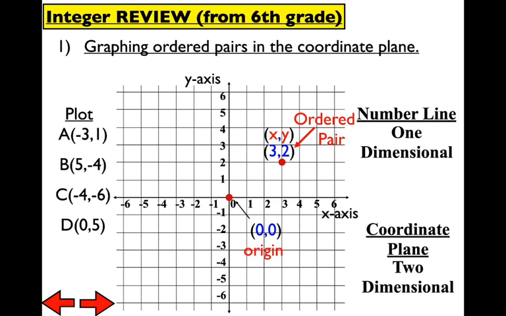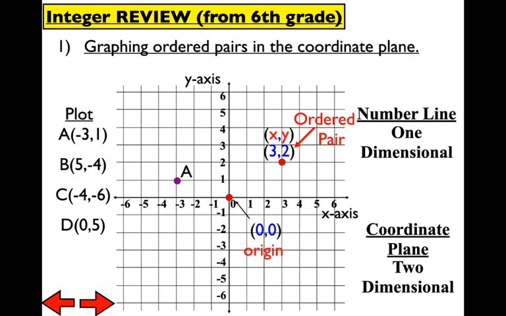So A refers to the ordered pair -3, 1. So if you start at the origin, go to -3, so that means you have to go to the left. Remember, the first number refers to left or right movement. The second number refers to up or down movement. So from the origin, we're going to go 3 to the left and then 1 up, and there is the